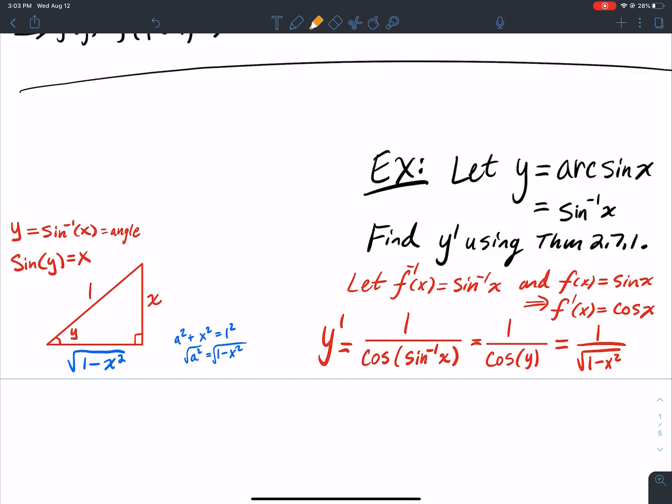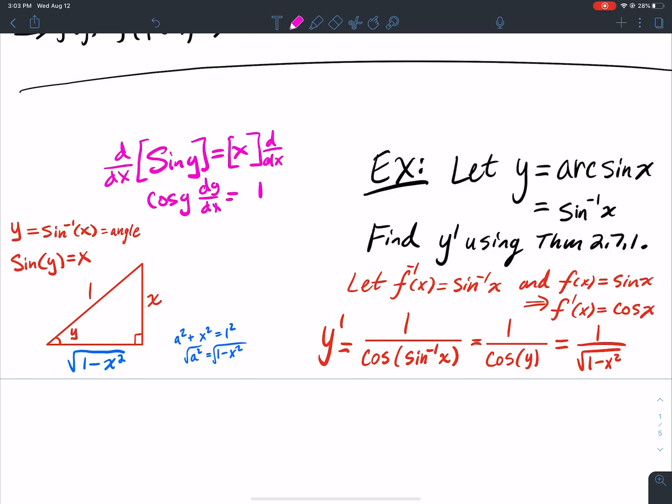Okay. You can also find this. I personally think this is the easiest way to do it. I like to implicitly take the derivative. If I were to implicitly take the derivative of sine y equal to x, this is d dx here and d dx here. Well, the derivative of x is just 1. The derivative of sine of stuff is cosine of stuff times the derivative of the stuff, dy dx. And so if I divide both sides by the cosine of y,